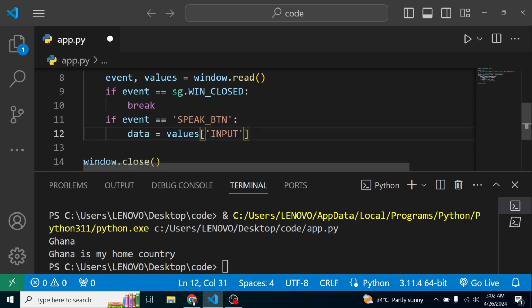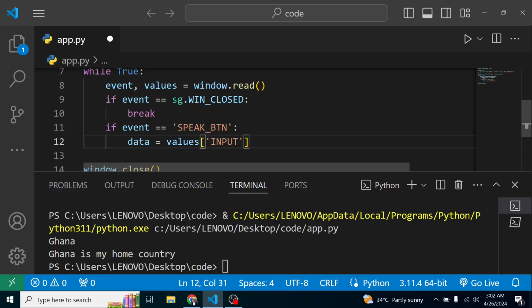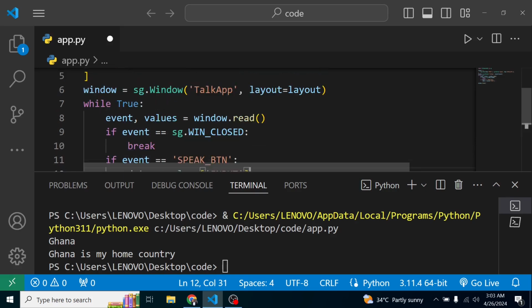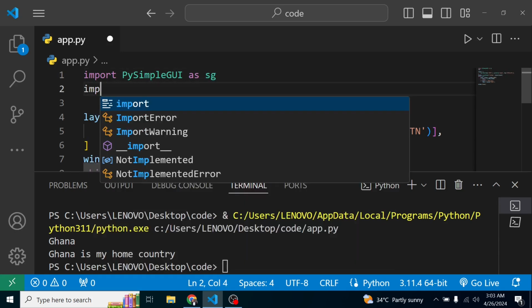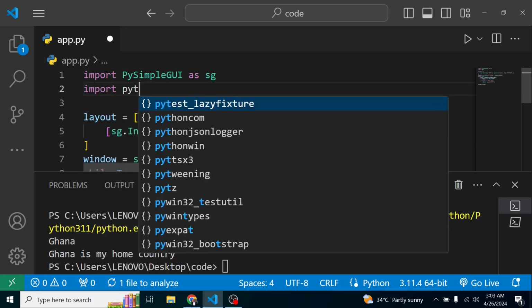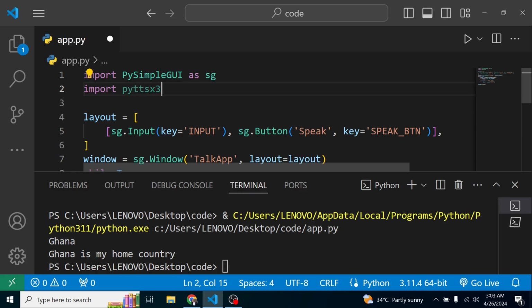And now what do I want? I want to now use the Python text to speech. And I'll highly recommend you watch 2 videos that I have that basically work with the Python text to speech, because this time around we are just going to utilize that particular library, and I also have it installed. So what I'm going to do is import Python text to speech 3. So the library is